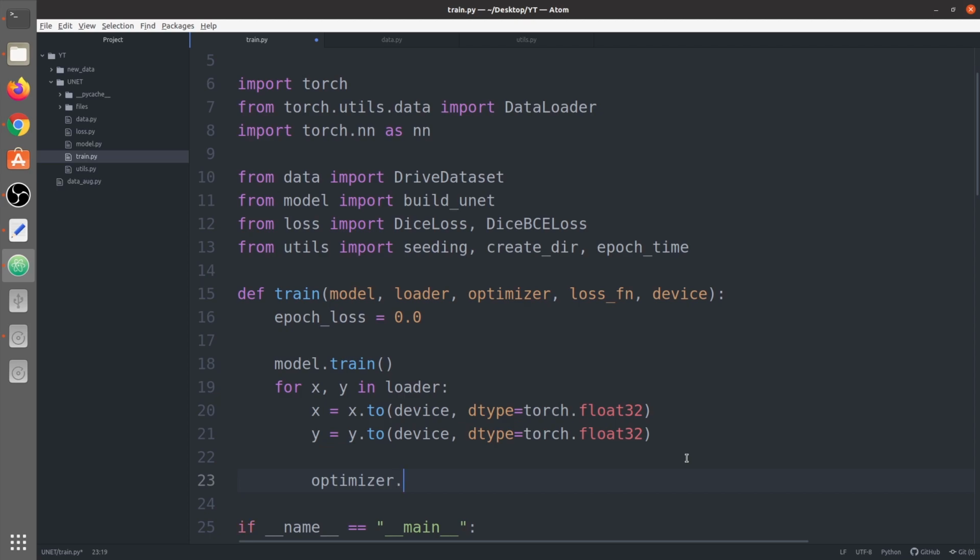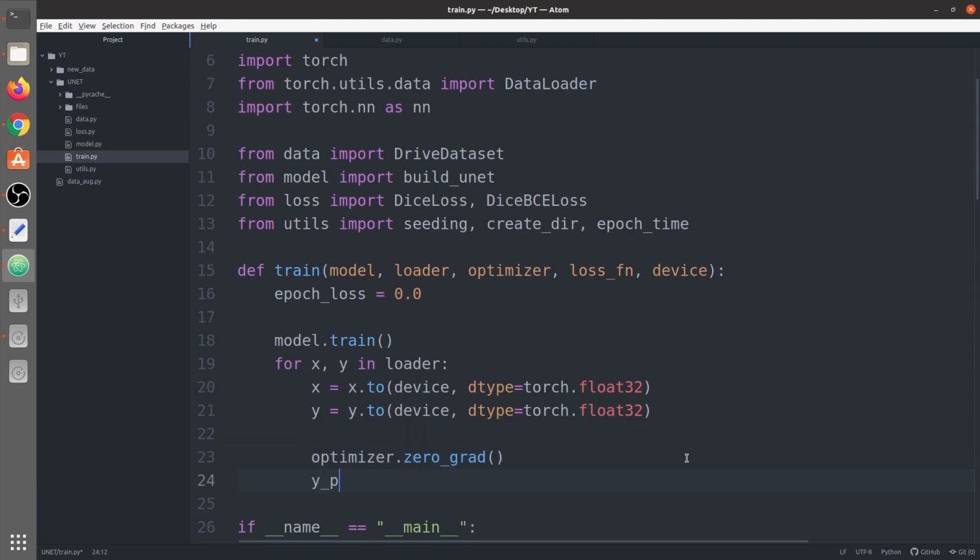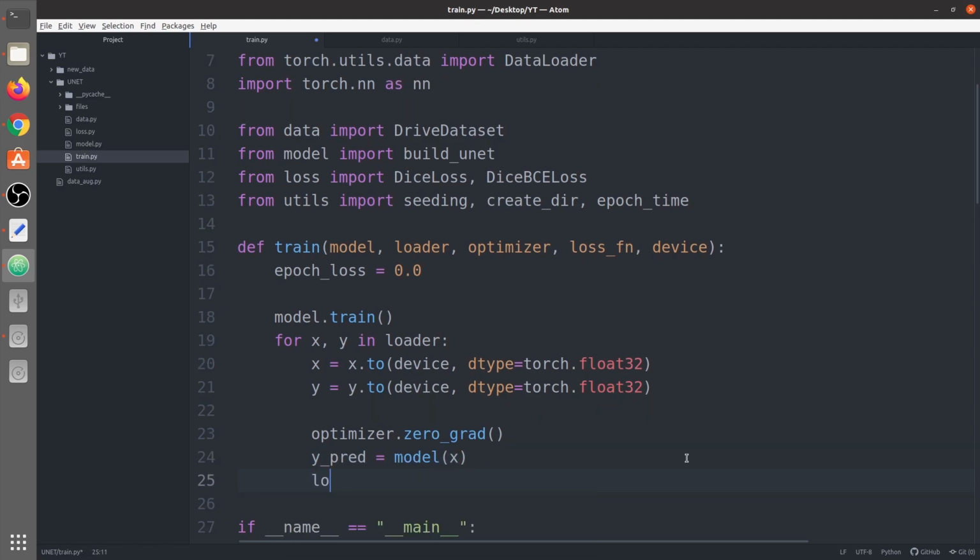We're going to say optimizer.zero_grad. Next we're going to make a prediction, y_pred equals model, and we give it the input x. Now we will calculate the loss. So we're going to say loss equals loss function. First you take the prediction y_pred and then y, the ground truth value.